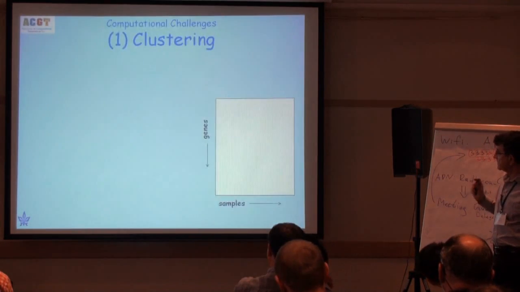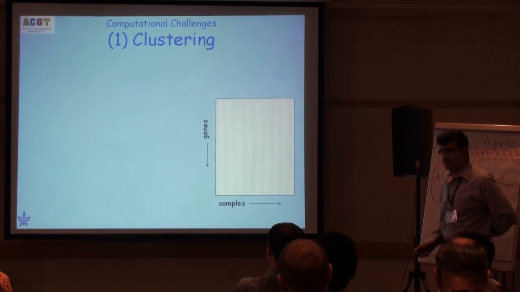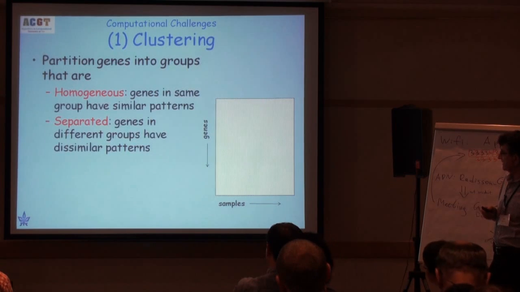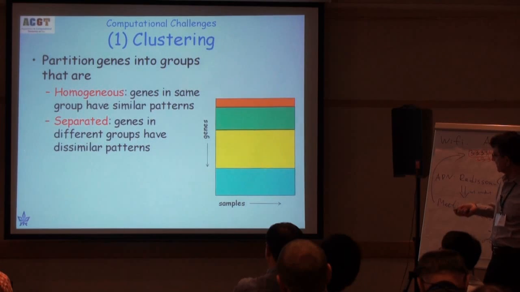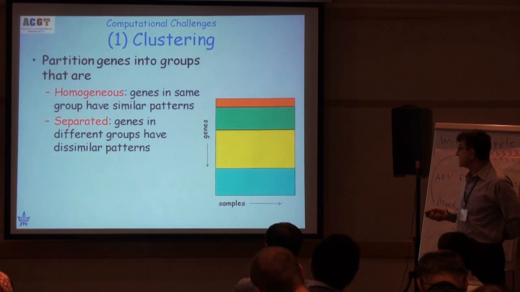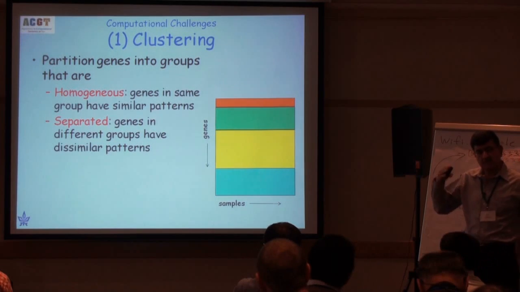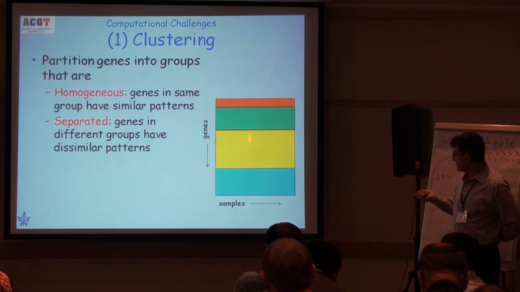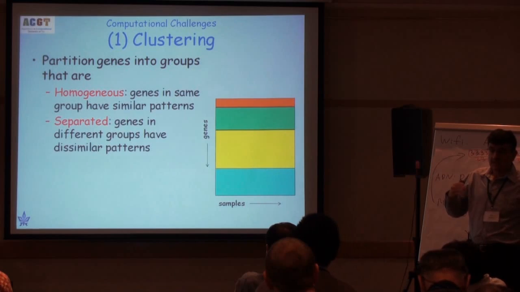So the classical and the first step in analyzing such a matrix is clustering. So we want to partition the genes into groups, sets of genes. Each color here is a different set, so that each set is homogeneous. The patterns in the same set look like each other, and the different clusters are separated, namely the patterns in